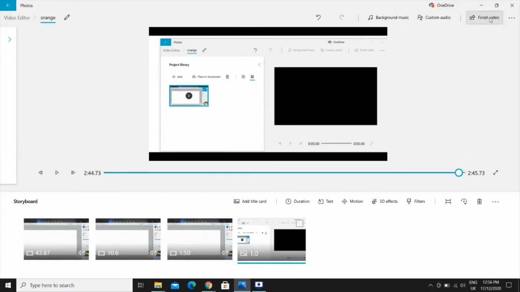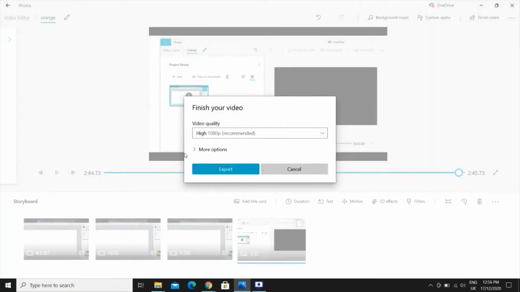So once you're done, you can see what is here. There's a duplicate project, backup project. There's themes which will allow you to edit the video with a certain theme, like maybe some notebook vibe or something. There's also a landscape option here, the ratio of the video, and you can send feedback and open the settings. So once you're done, you can click finish video, which is